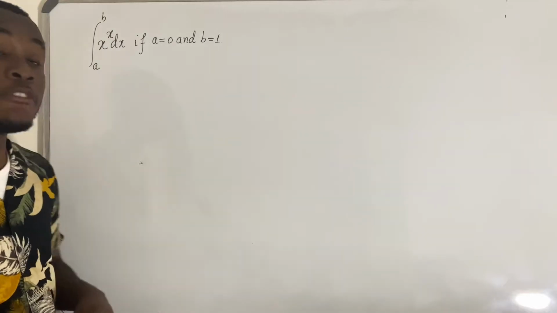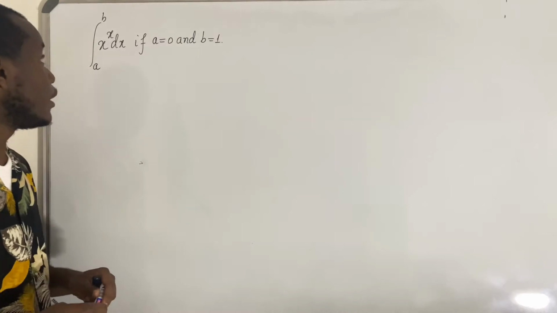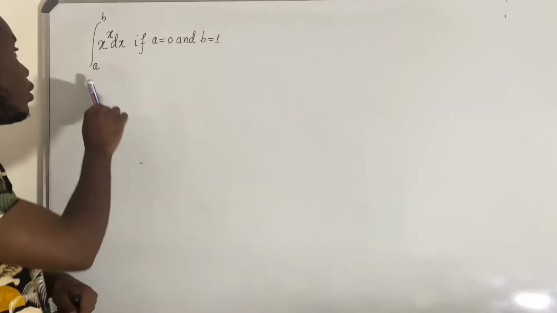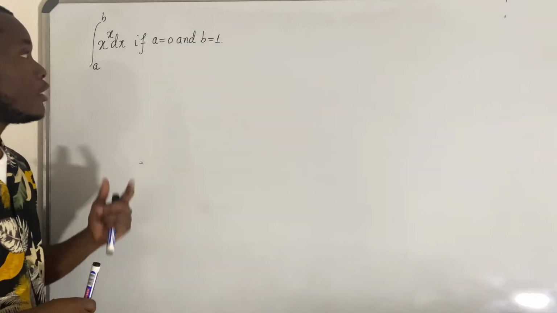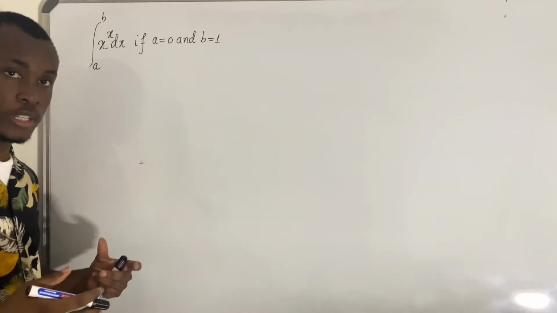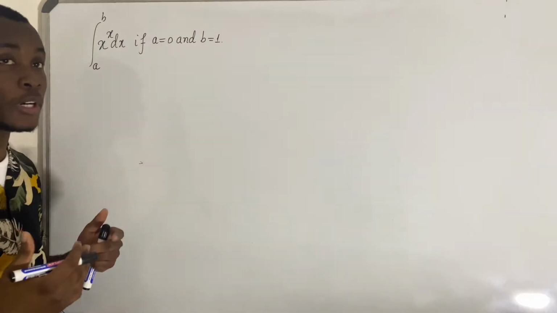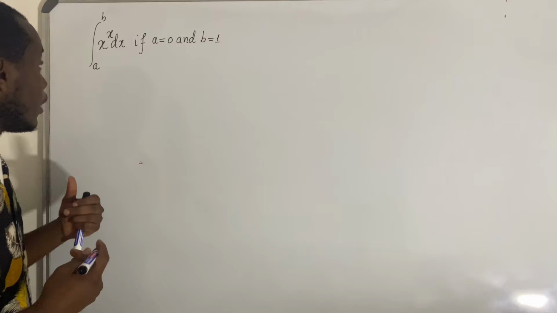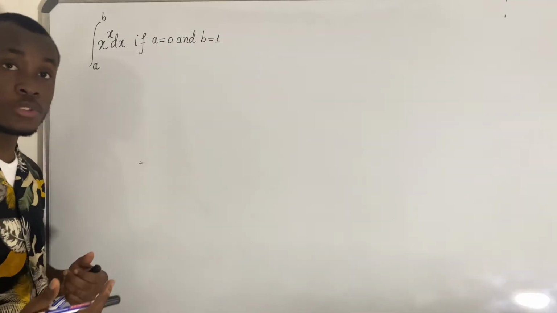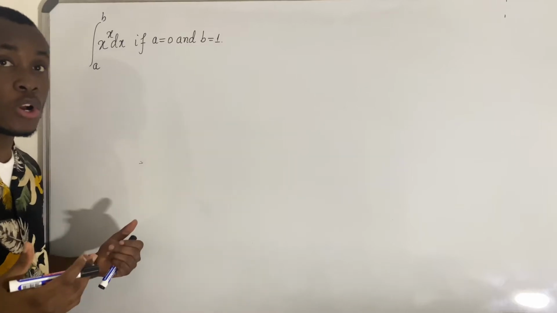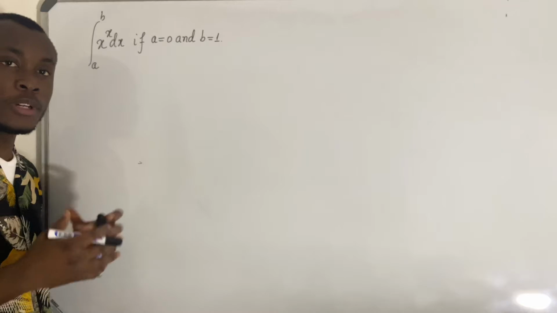Today we have this definite integral. It's called the definite integral because, as we can see, there are limits of integration: we have a lower limit and an upper limit, a and b. It's stated that a is equal to 0 and b is equal to 1. So we're being asked to solve this integral from 0 to 1. It is quite complicated to solve this integral using substitution or by parts. It may even be impossible to do so. So we're going to go back to Taylor